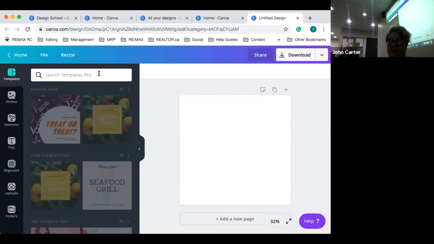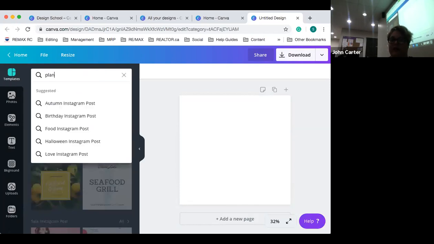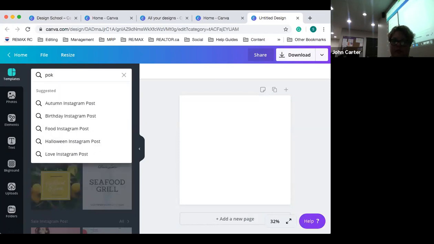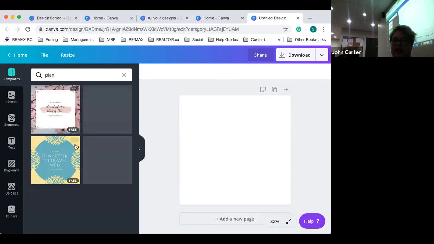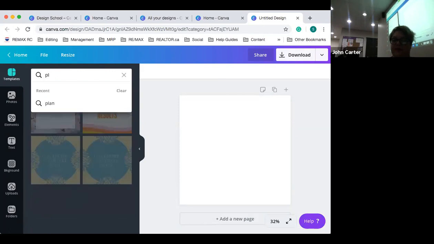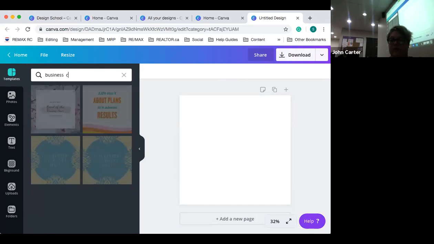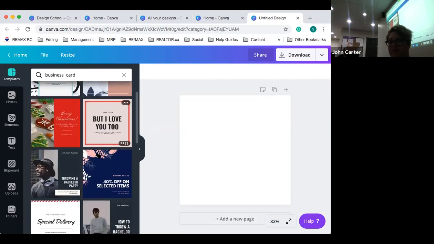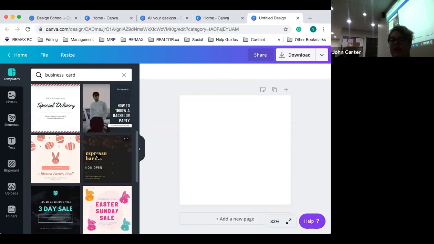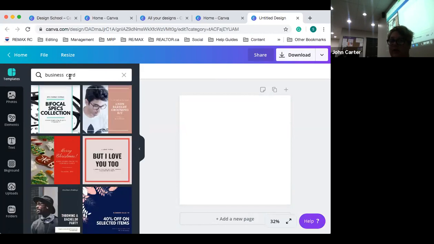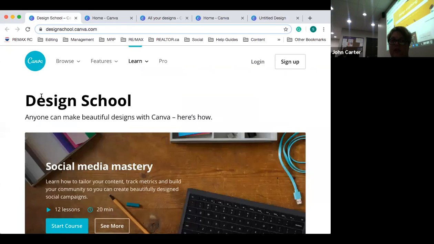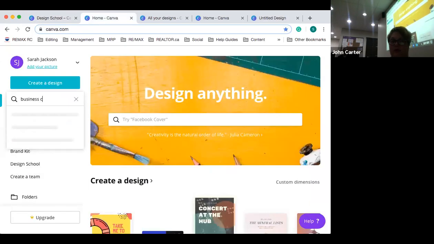At the top, you can write the word plan, and it could give you different templates for different kinds of planning or business cards. It's going to pull up different things that might be good. They might not be, but I would definitely look. Just put words in that you think might be helpful. And you can also do that in here. So if you put business cards,